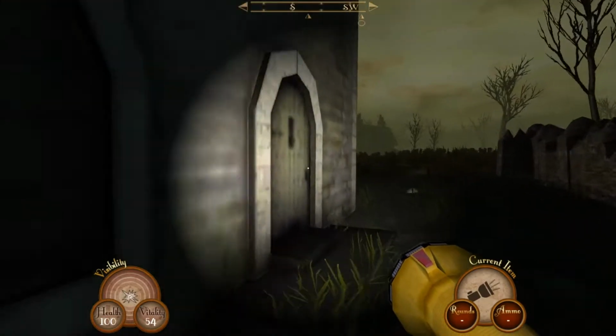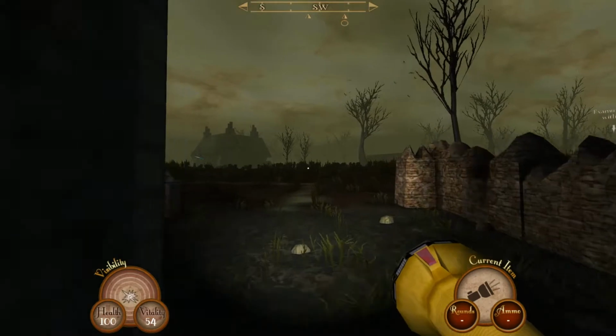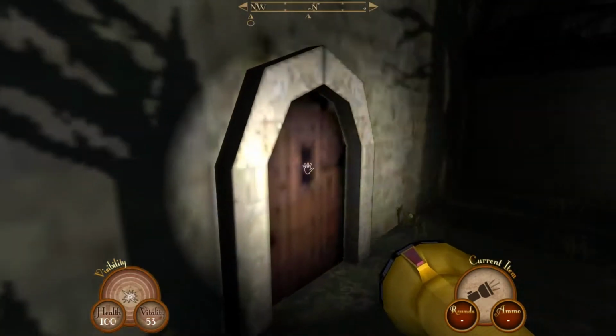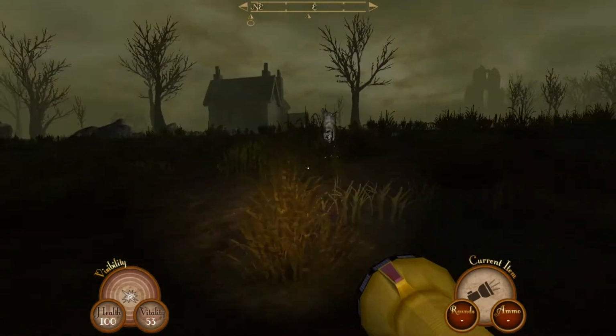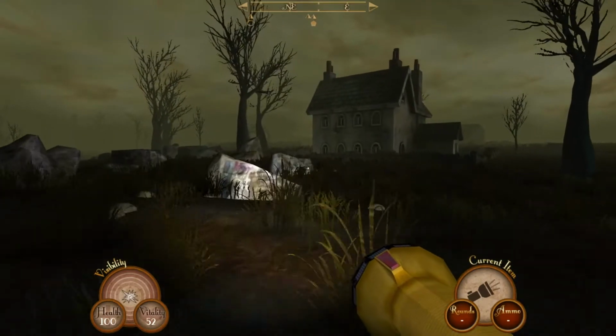Right, we've got a torch, which is the good news. We can actually see where we're going. There's an empty bottle there, we'll take that, because again, distraction items and all that. Now, where would a scanner be? A strange scanner. We'll just have to keep our eyes peeled. We'll have to go to some of the...